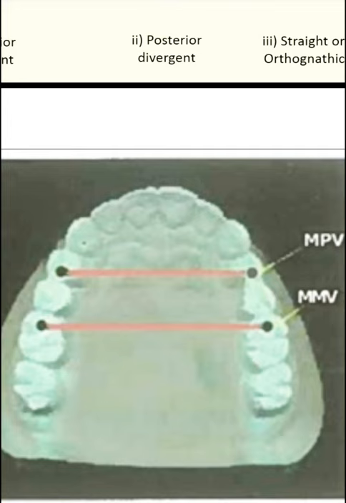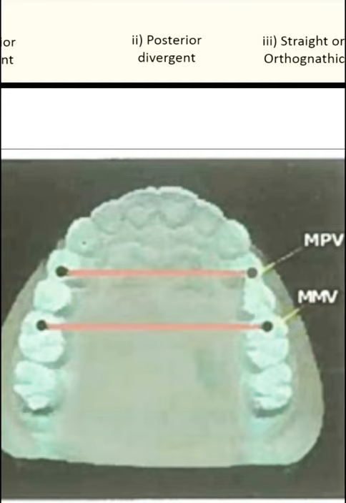Then secondly, we determine the measured premolar value. This is measured from the distal pit of the first premolar of one side to the other. Then we measure the measured molar value, from the mesial pit of the first permanent molar of both sides,